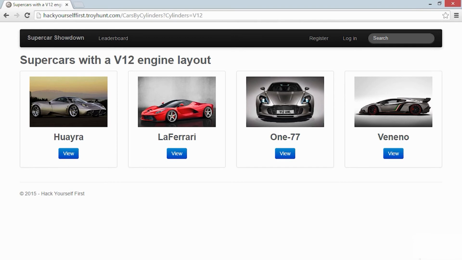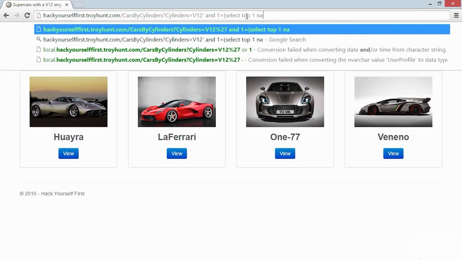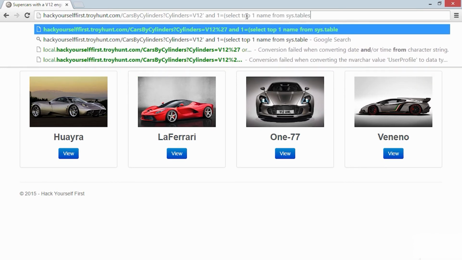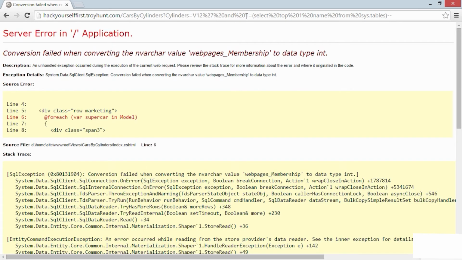We now want to try and extract internal schema details by using error-based SQL injection. Now, we already know a couple of things that we could combine together like this. So let's just close off this string, we'll add a clause, and we'll say where 1 equals, and then we'll just add a subquery. Select top 1 name from sys.tables. Comment out the rest, run that, and here we can see the name of our first table, web pages underscore